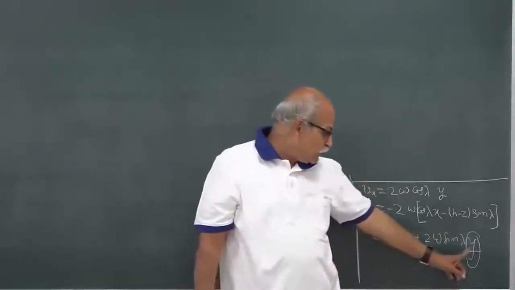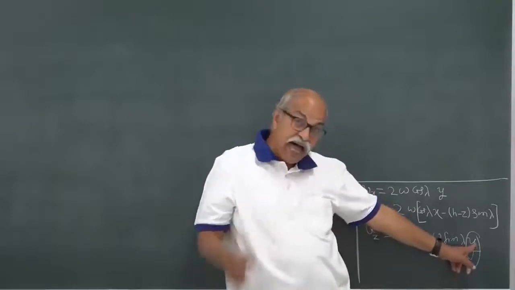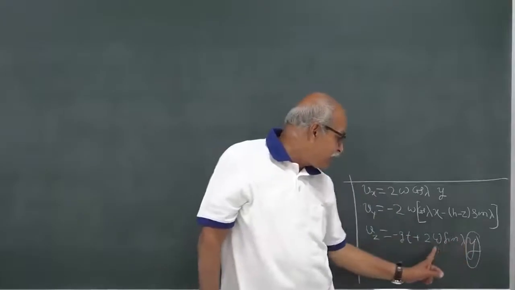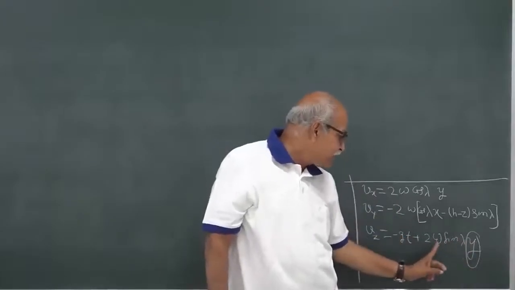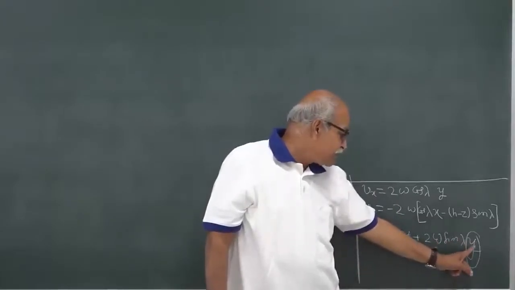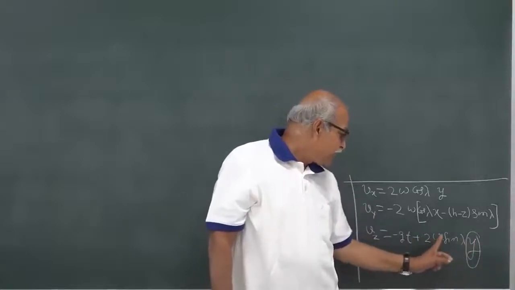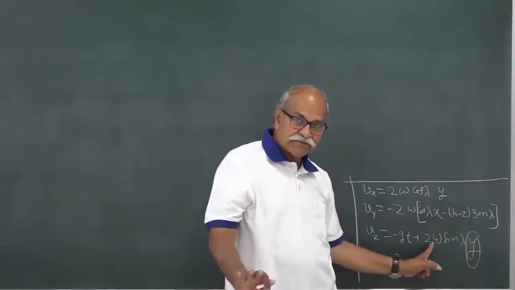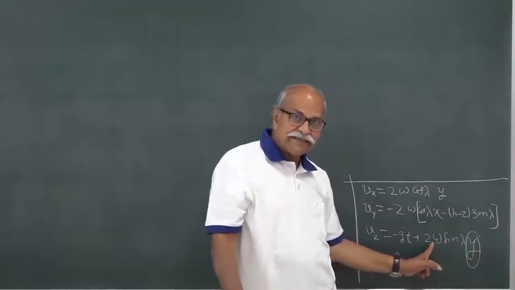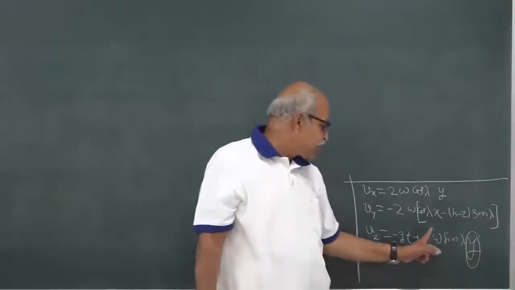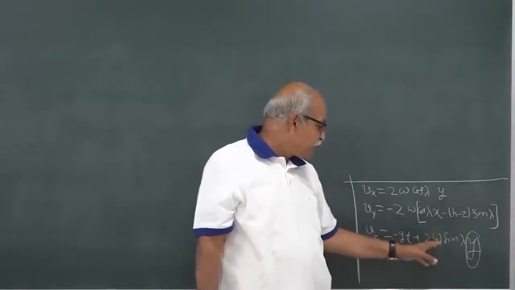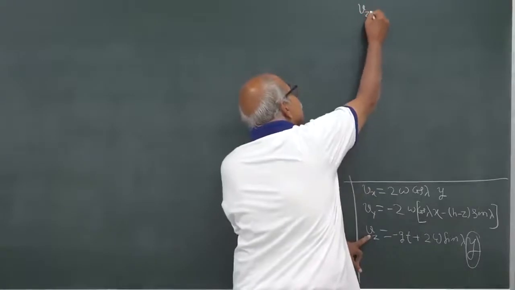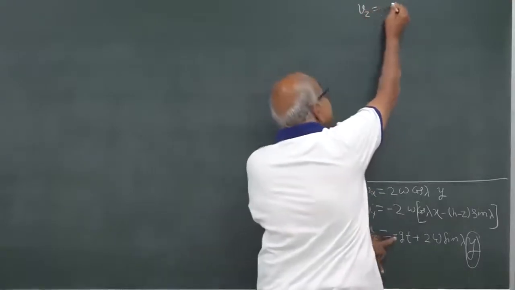So, this y will have omega in it, and therefore this term will be of omega square type. One omega is here and one omega is coming from here. So, this term will be of omega square order, and therefore we will neglect it. Consistently from the very beginning we are neglecting the omega square term and retaining the omega term, and therefore let us rewrite V z. What is V z? V z is just minus g t,